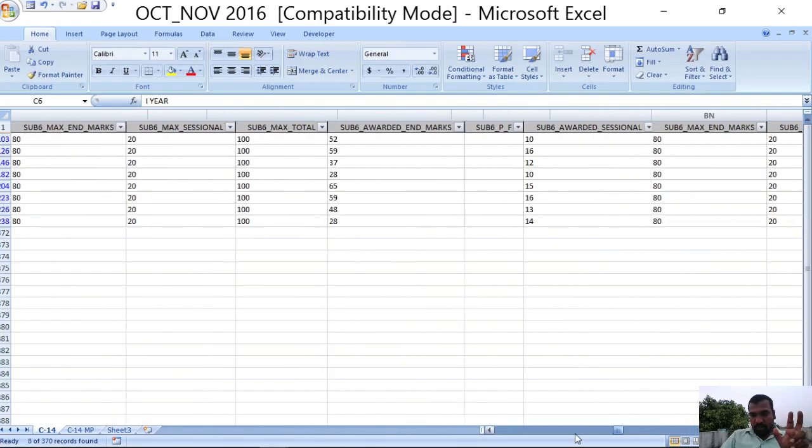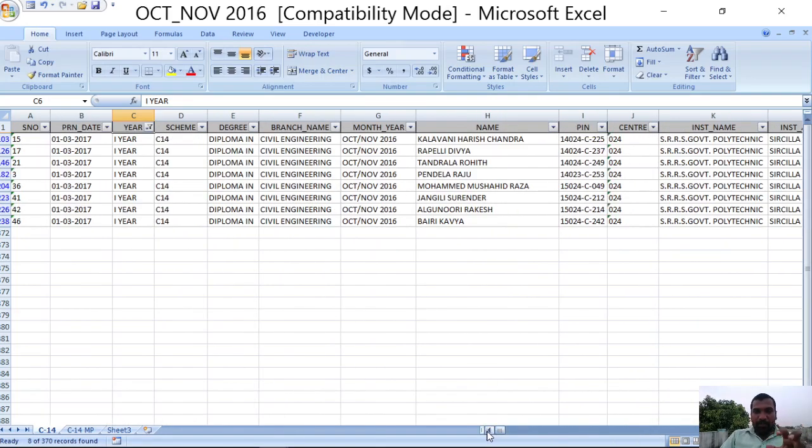Okay. So this is the way you can apply any number of filters on the data. You can apply any number of filters on any number of columns. When you apply a filter on one column, you are going to retrieve only the data which you want.